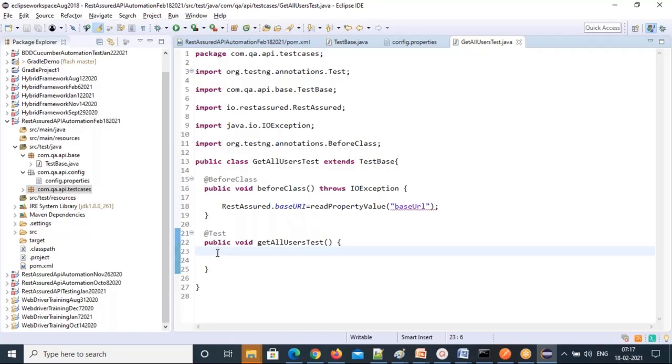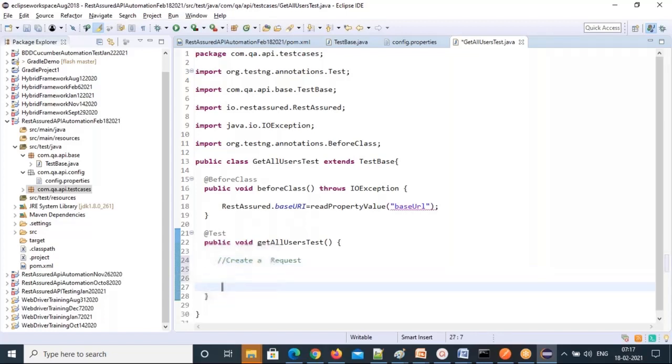Now frame the test case. You set the base URL, done. Now you need to create a request. So first create a request. How can you create a request? Using RequestSpecification, you can do that. So request equal to,